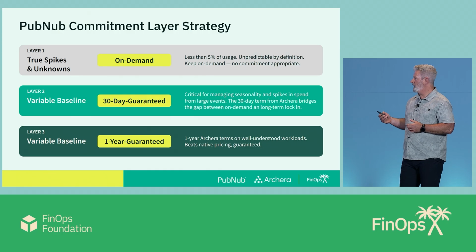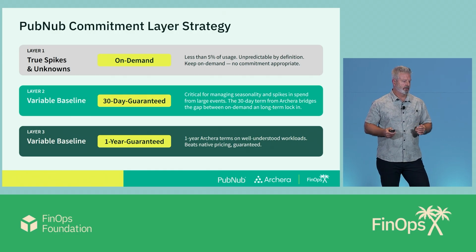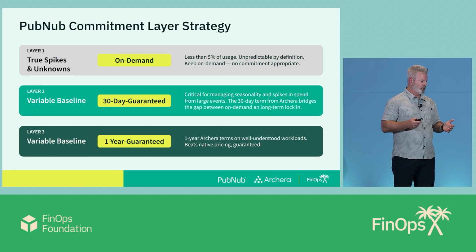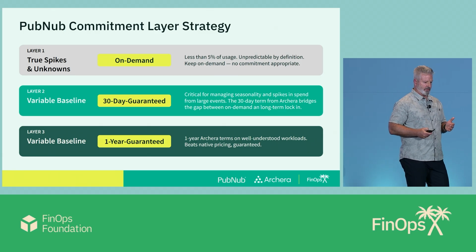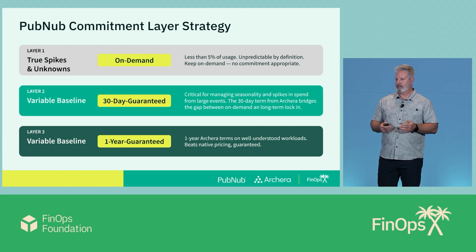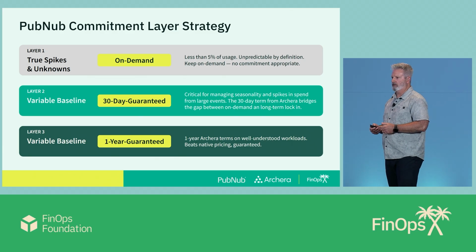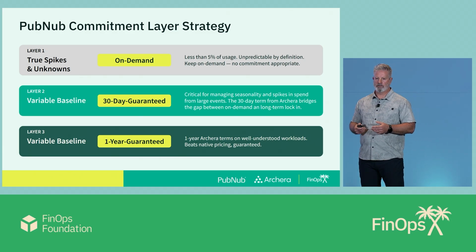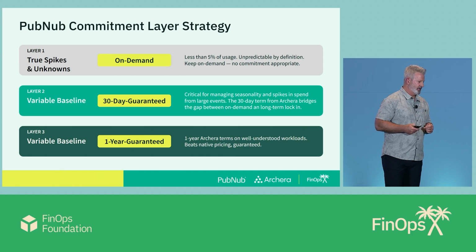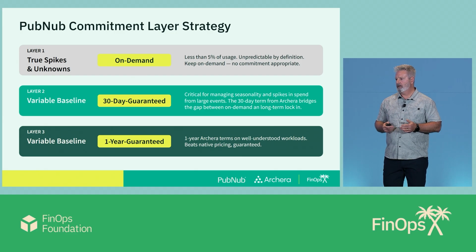The real new area of our layering is layer 2. This is, I would say, the known spikes that are just part of the natural movement of our business. These are maybe known seasonal events. Maybe it's the World Cup starting tomorrow, right? We're going to see a lot of traffic from live watch parties and DAZN and these types of companies.